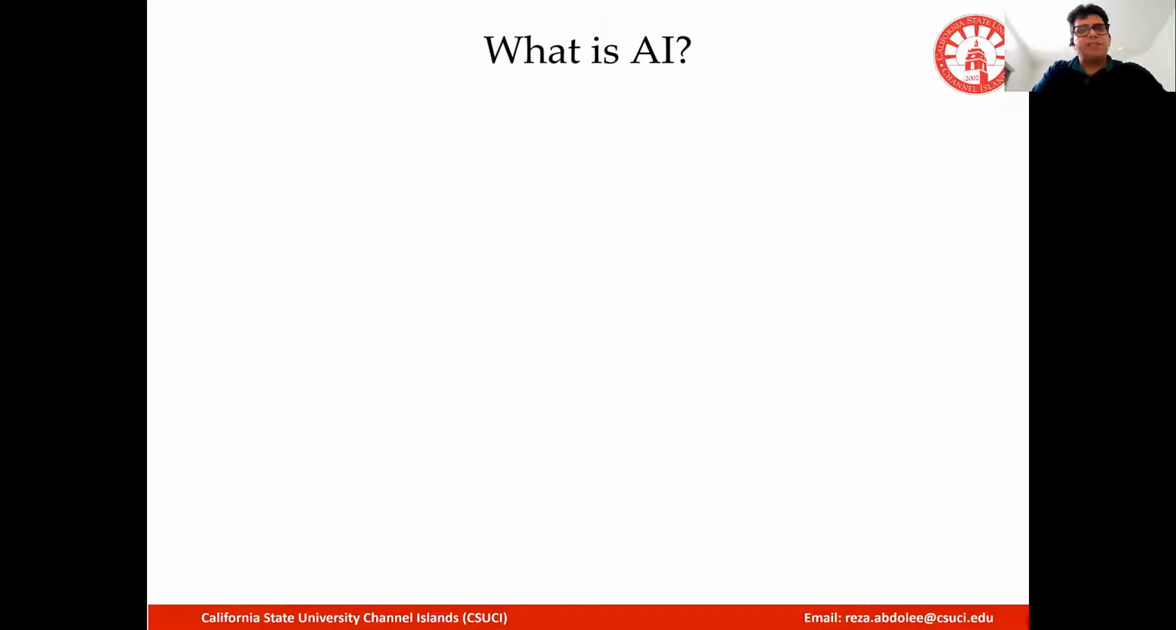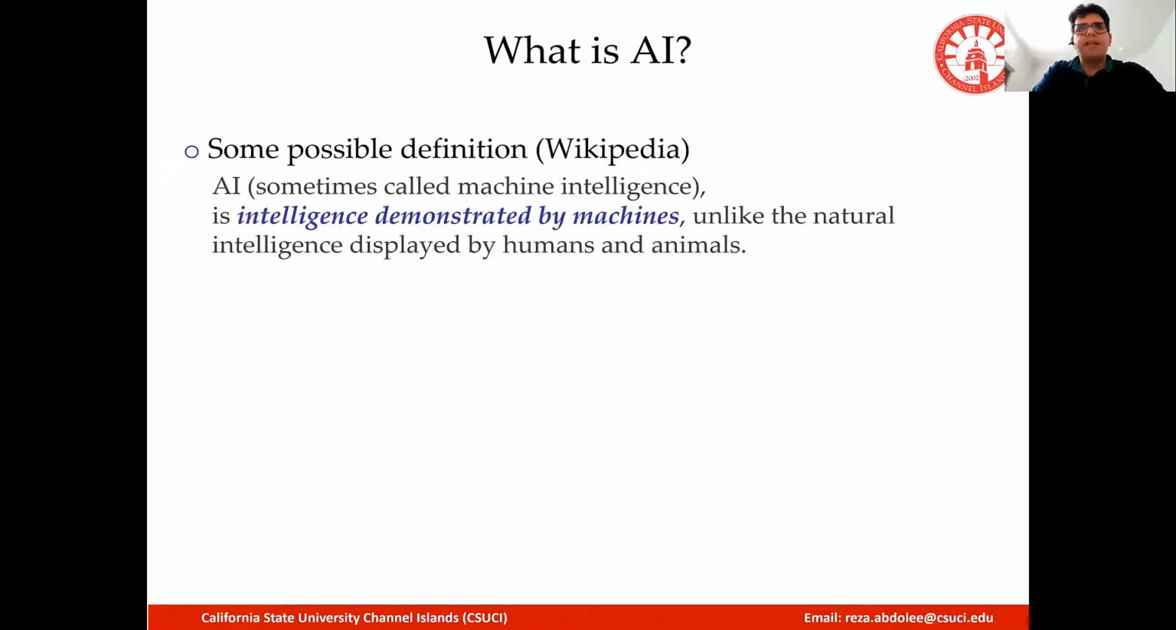Okay, now let's start the course. The first thing that comes to mind if you haven't taken this course before: what is AI? There are some definitions out there. There are several definitions. One from Wikipedia says that AI is intelligence demonstrated by machines, unlike the natural intelligence displayed